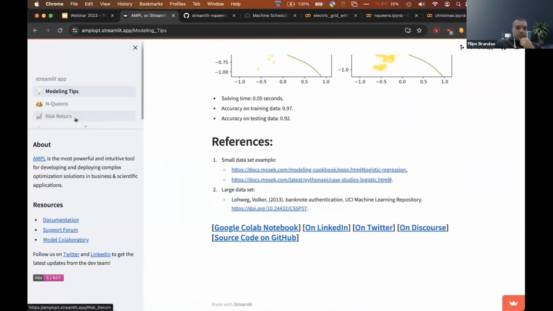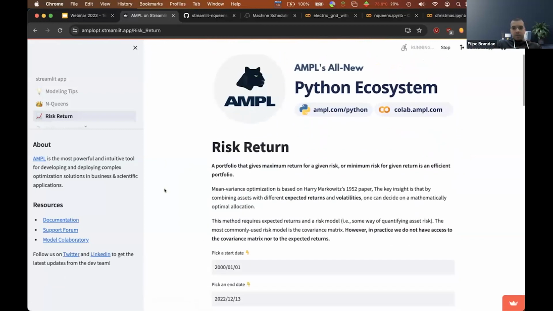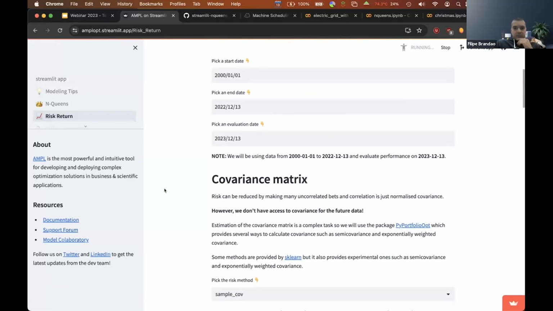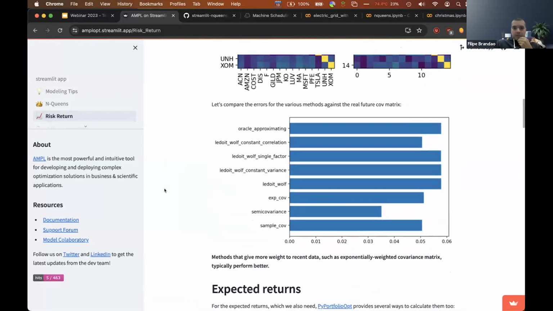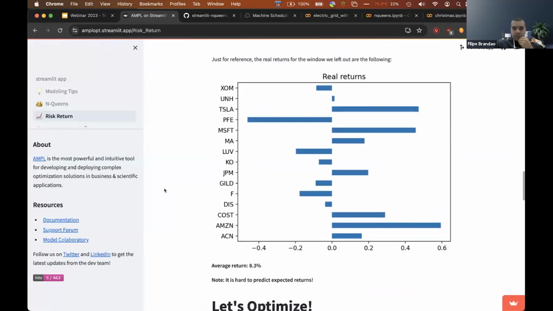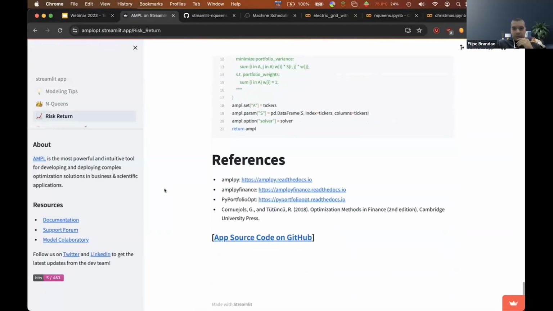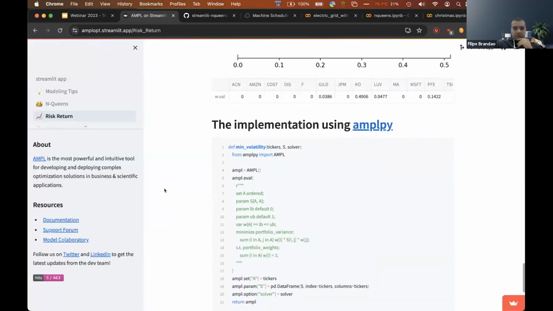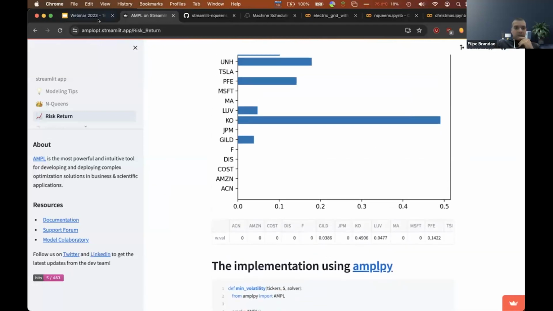We also have a finance example here. But this will take a while to go through. And in case there are questions, I can come back to this at the end. But essentially,